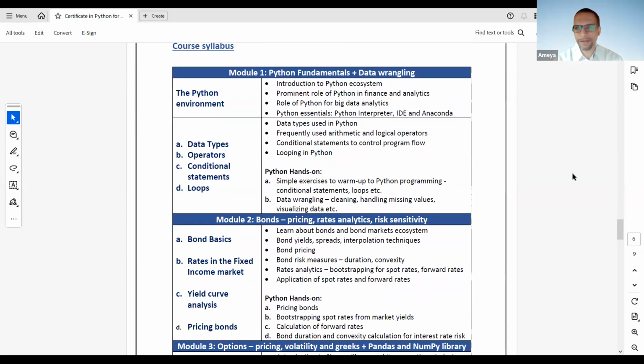But before we do that, we need to know the quick idea of the Python ecosystem. So what is Python? What are data types? What are loops? What are conditional statements? And so on. So I would say module one will focus more on helping us get started. And I can assure you this does not take a very long time. Probably 1.5 sessions is sufficient for this, because this is something we should try to do more through